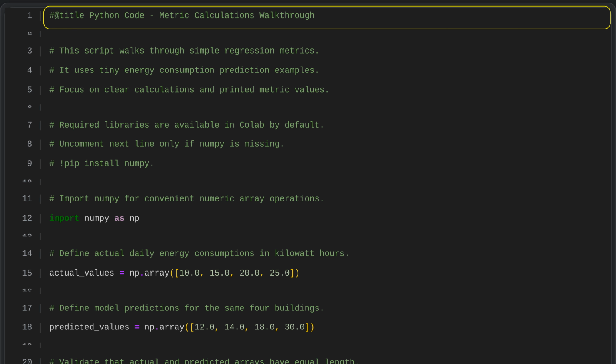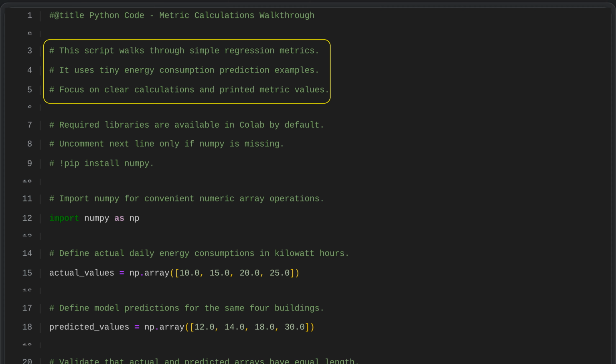Python code metric calculations walkthrough. This script introduces basic regression metrics using small examples of energy consumption predictions. It focuses on clearly showing how each metric is calculated and what the resulting values look like. By walking through simple cases and printing the metric outputs, it helps you understand how to interpret regression performance in